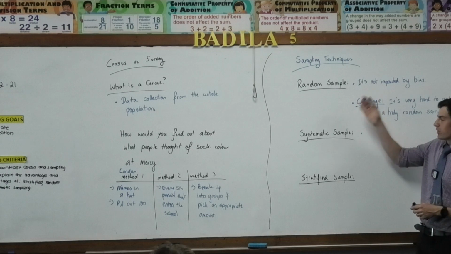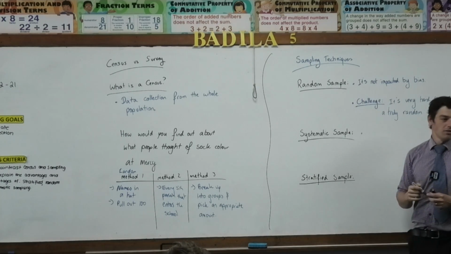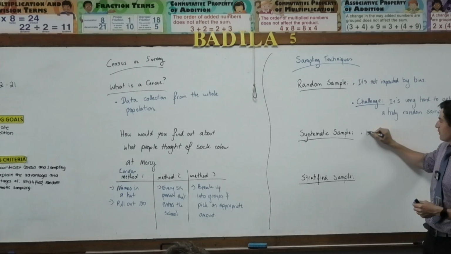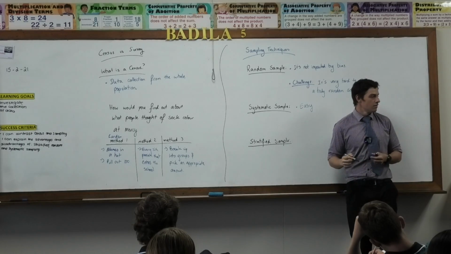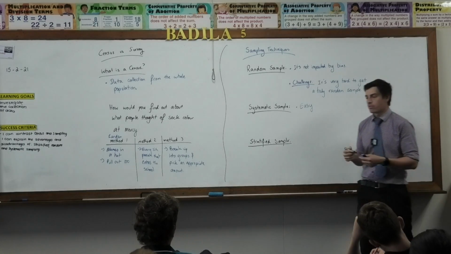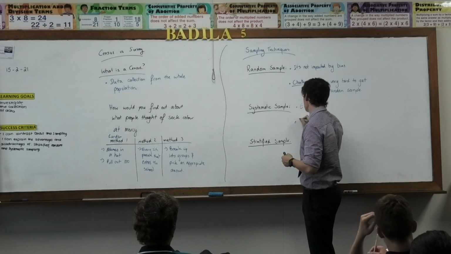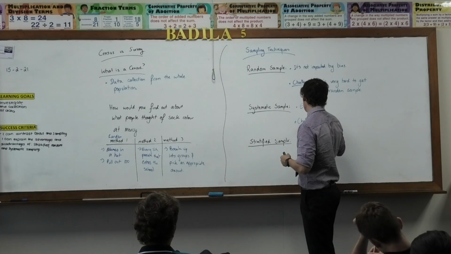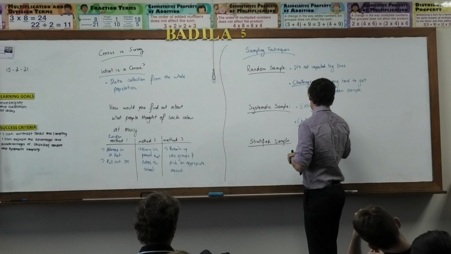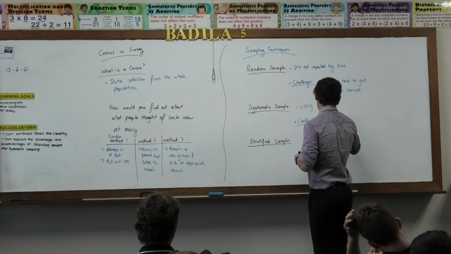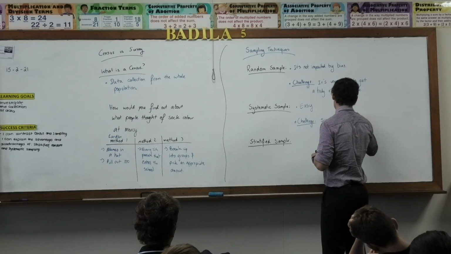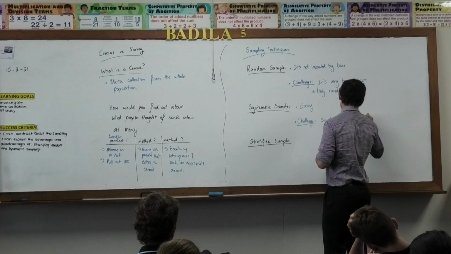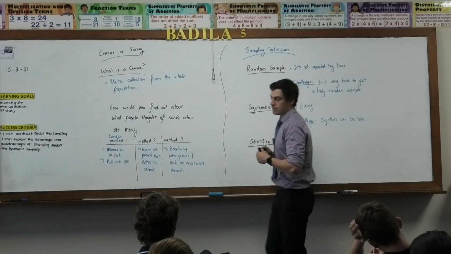Of these three, what is the... It's easy, isn't it? We just get every 5th person or every 7th person. The challenge is the system can be biased, even without intending it to be.